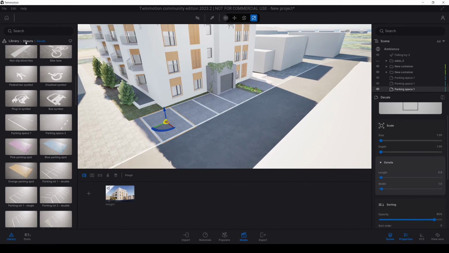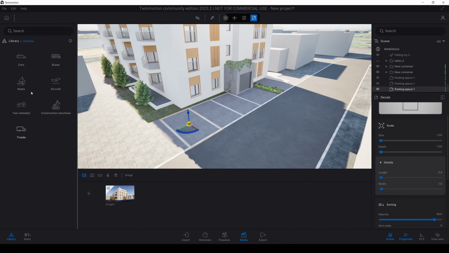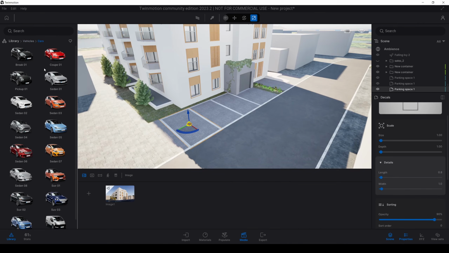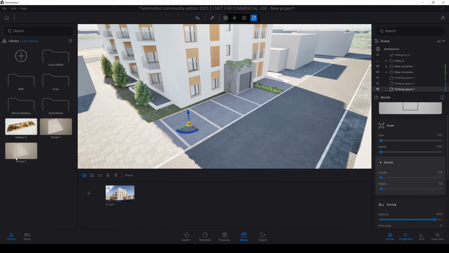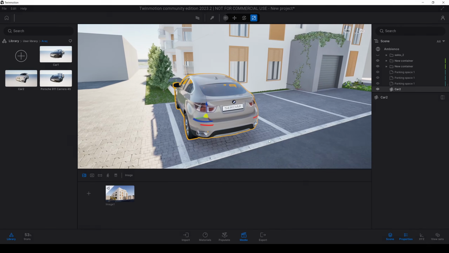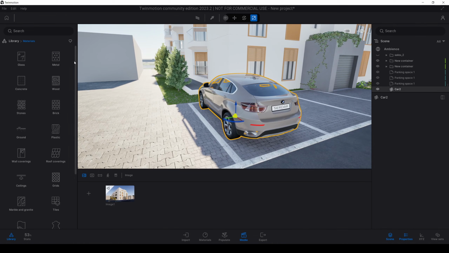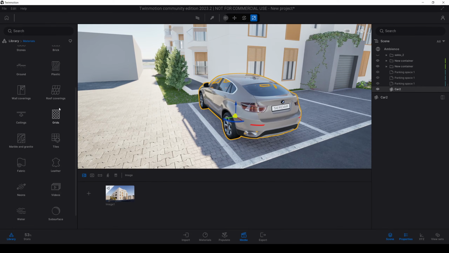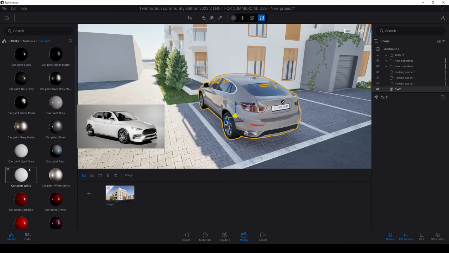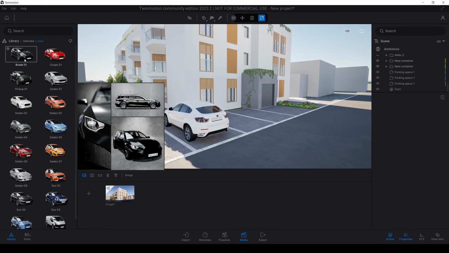There we go. Now let's go to the cars and place our vehicles. But instead of that, I'll use my own library, maybe this model to here. I want to make this white. Therefore, I go to material, car paint. And maybe after this one, I can add a Twinmotion vehicle.